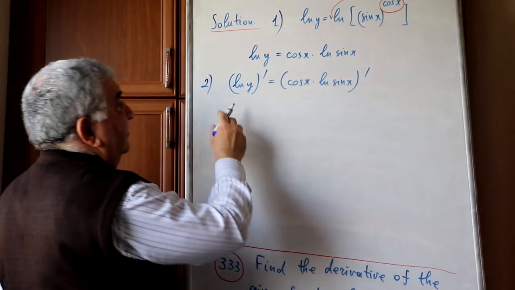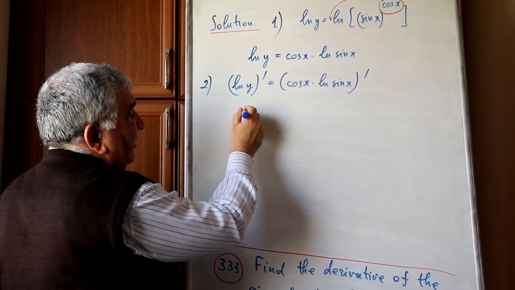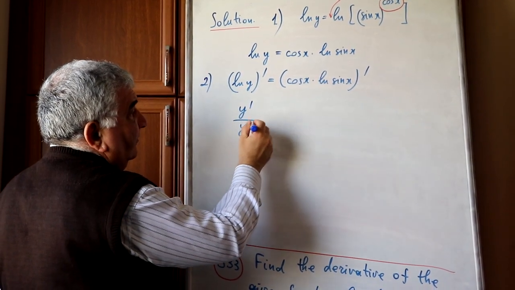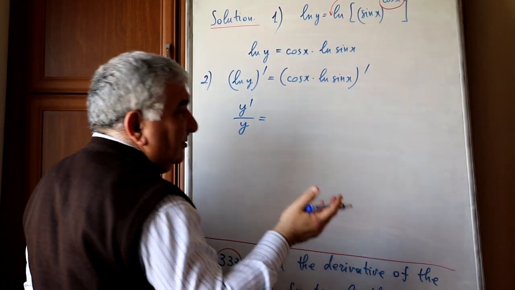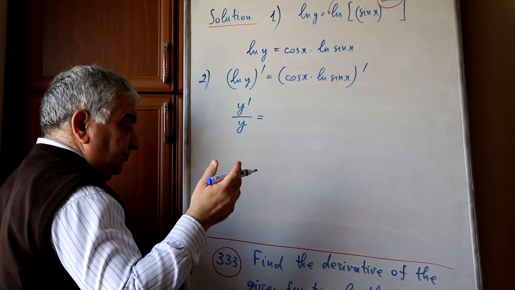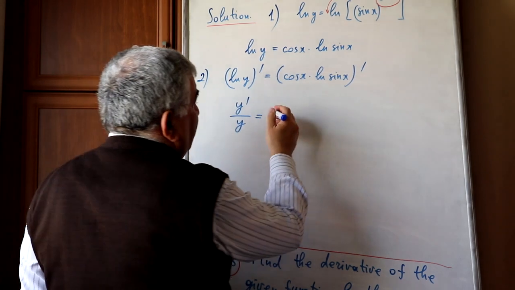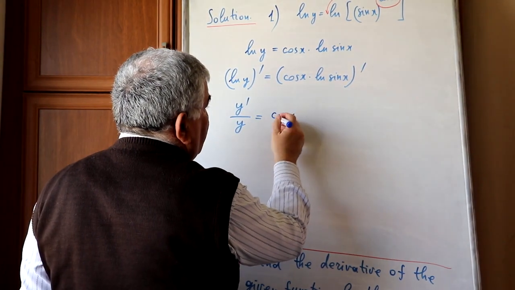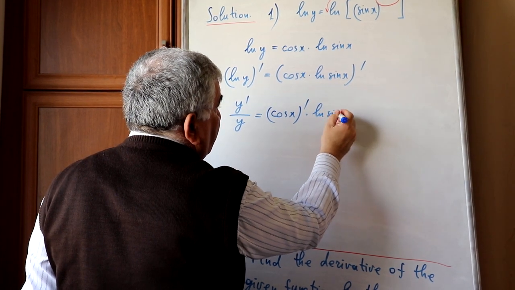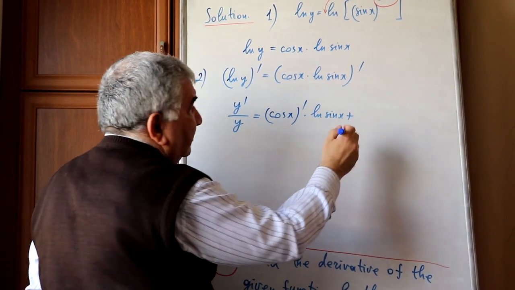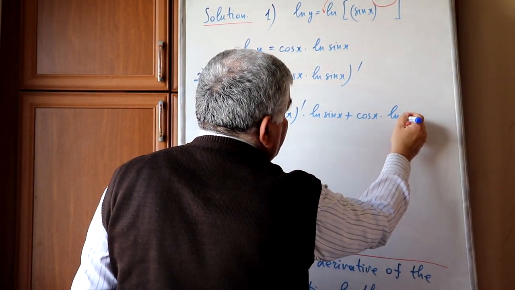According to the formula of the logarithmic derivative, it is y prime over y equals, and it is a product, so use the rule of product derivative. Cosine x prime multiplied by natural logarithm of sine x